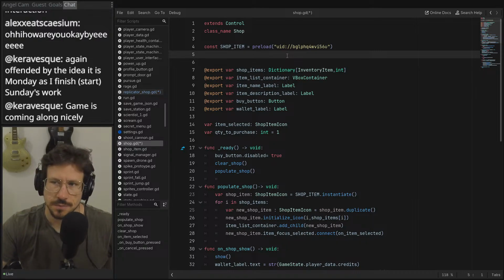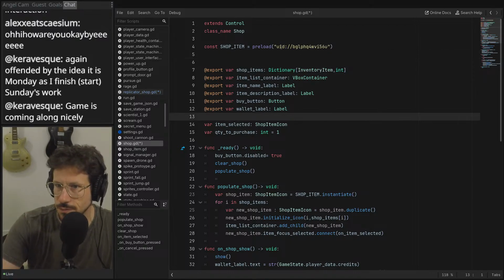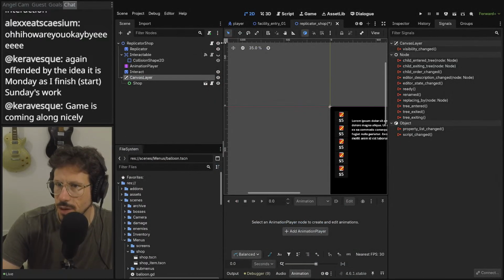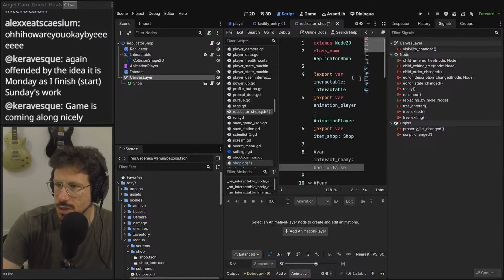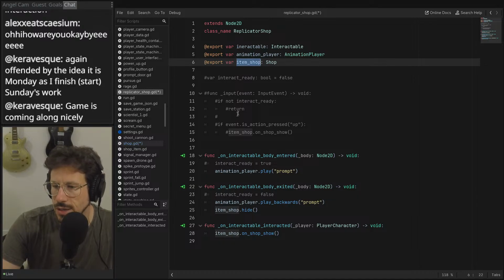That would work. If we connect visible. We do have access to this in this particular script. Obviously we have the item shop. So we could connect the,